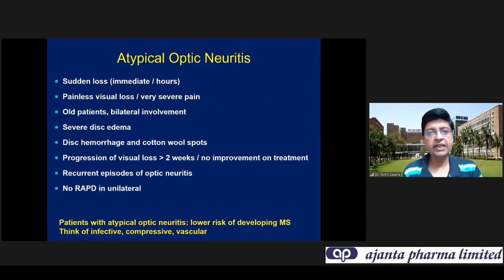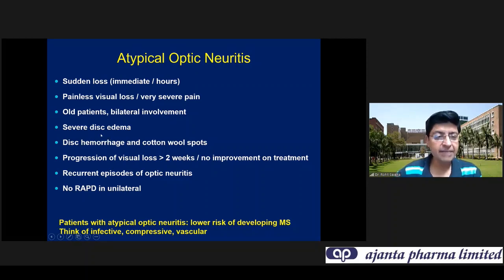So there's another category that we have understood, called atypical optic neuritis. The clinical features I talked about were typical, what you would call virtually associated with demyelinating optic neuritis. But we see this kind of an appearance or presentation with a wide variety of conditions. So presentations could be atypical in the form of sudden loss of vision. It could be absolutely painless or maybe associated with very severe pain. So all these are atypical. They're not what is characteristically seen in demyelinating optic neuritis, which we call typical optic neuritis. In older patients, bilateral involvement is a very important atypical feature.